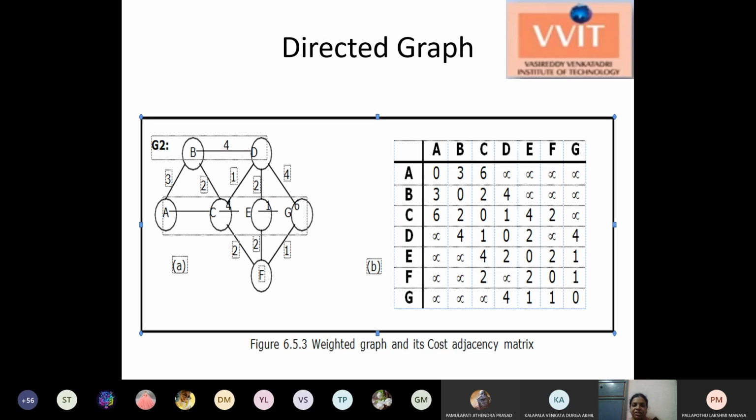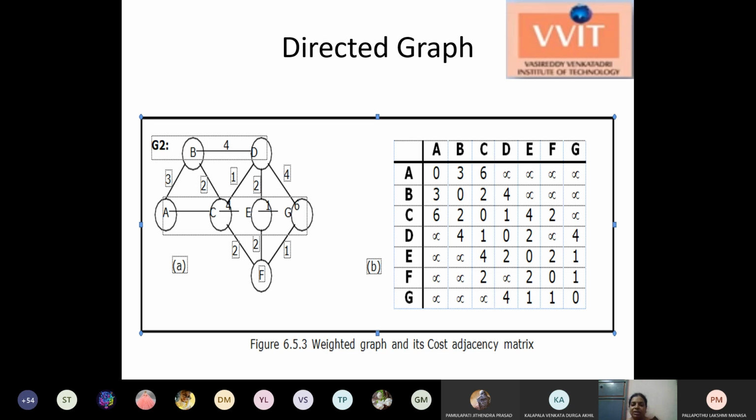Okay, next, for directed graphs, sorry, this is the undirected graph. So this is the weighted graph. For each and every edge we have a weight. It's not directed, it's an undirected graph, but each and every edge has a weight. In the case of a weighted graph, we need to represent the weight of the edge in place of the edge value, that is, in place of the 1, we mention the weight. Say there is an edge A to B and the edge weight is 3. So I'll mention the 3 without representing 1 or 2. I will give the weight.